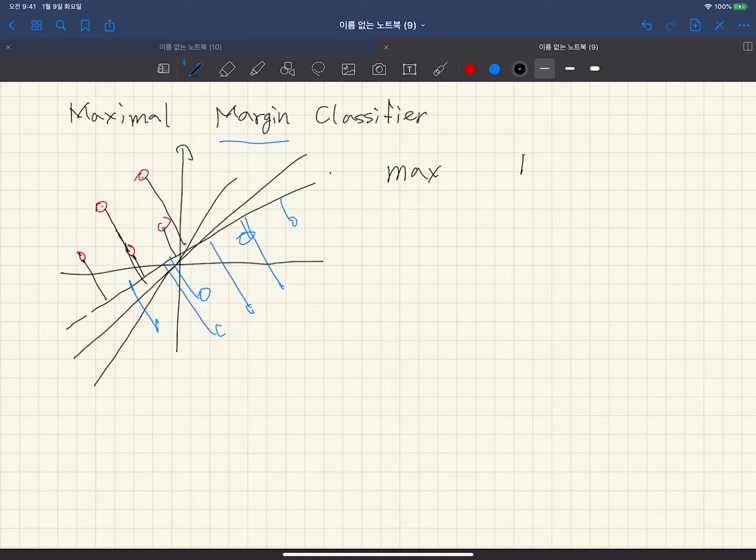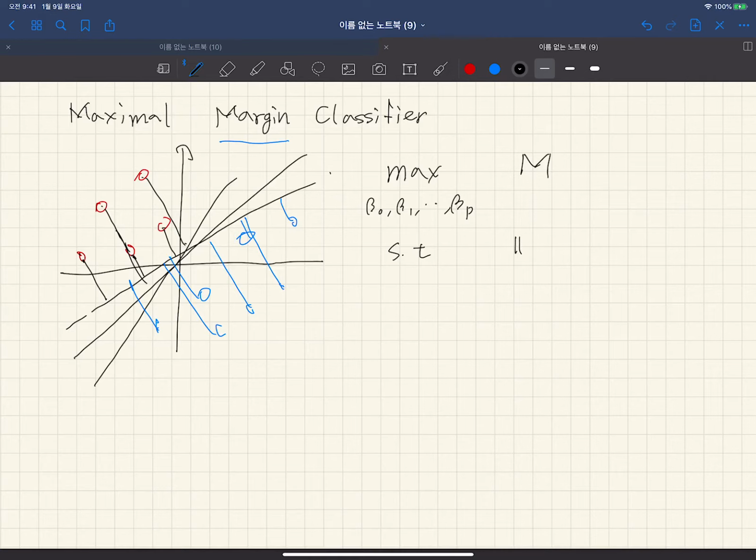Okay, so from this, we can define an optimization problem that can find the maximal margin classifier, that is, maximize the margin M by controlling the hyperplane parameters beta 0, beta 1 up to beta p, when each point belongs to p-dimensional space, when the input predictor has p different features. We can control the beta 0 to beta p parameters. And with constraints,